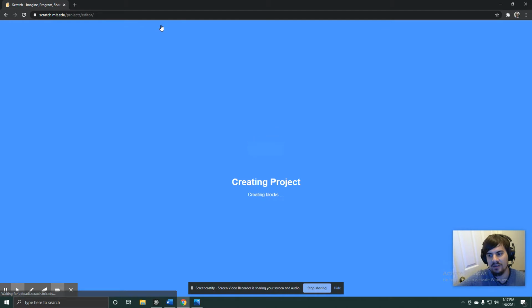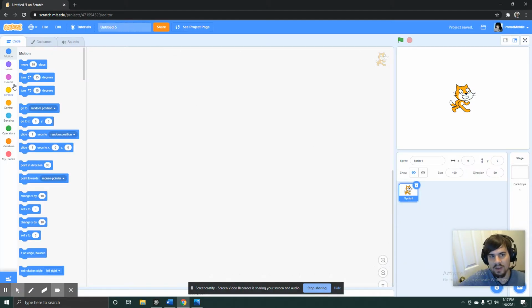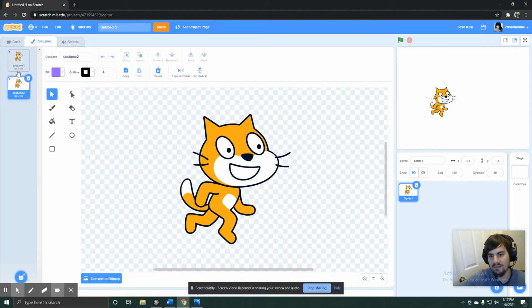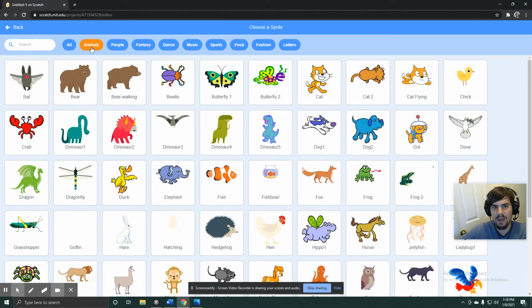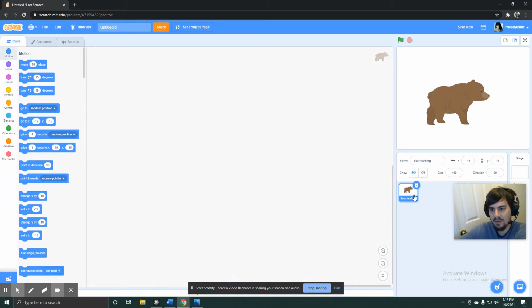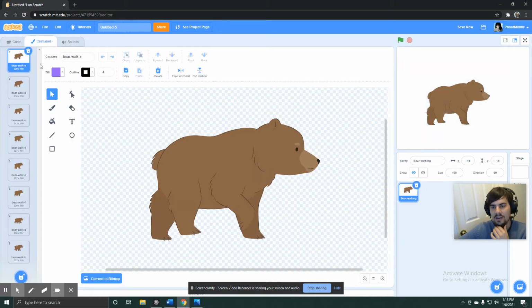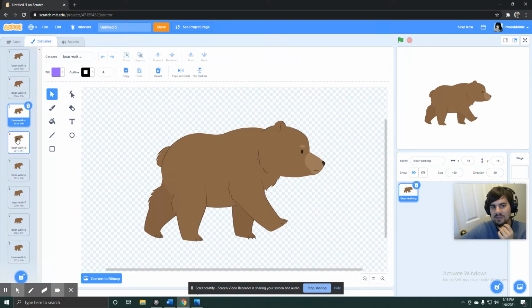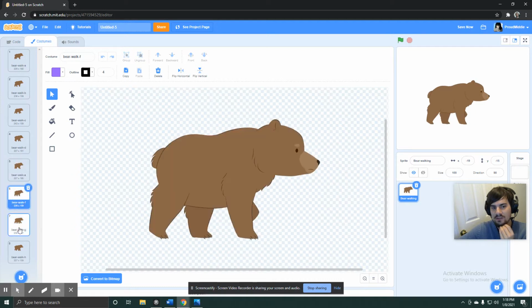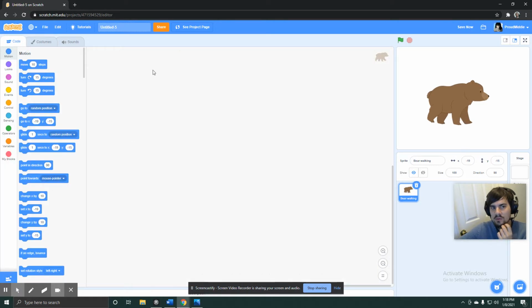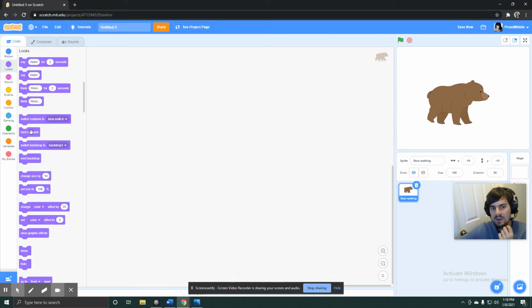Animation just means that essentially our sprite is made up of a still two-dimensional image. But our sprite has costumes that contain multiple of these still two-dimensional images. And actually, I'm going to grab the walking bear sprite from Animals because I think he has one of the better things to show you guys for this. Our sprites are made up of these 2D images, and they have costumes that can contain a bunch of different 2D images. And using our code, we could set our bear to constantly switch between its next